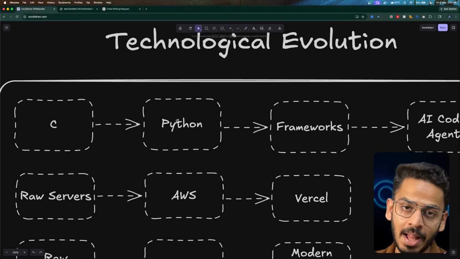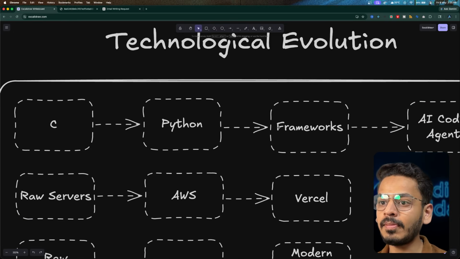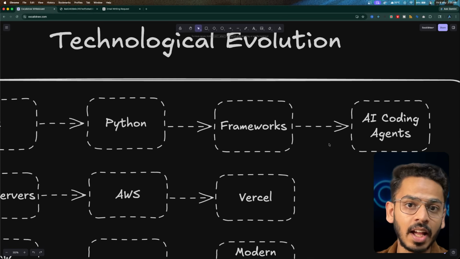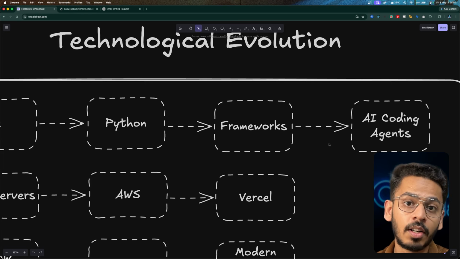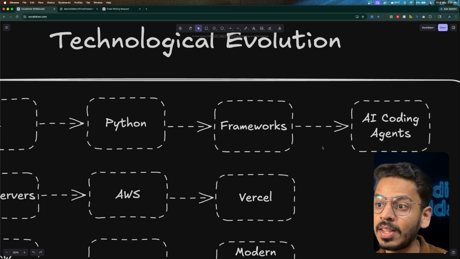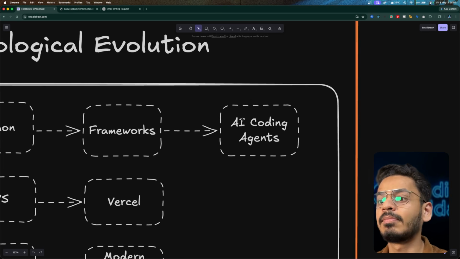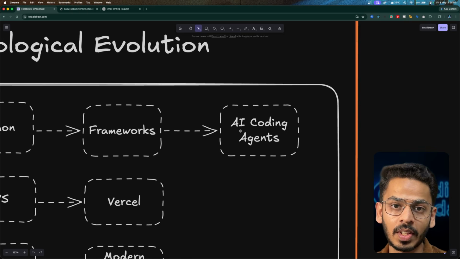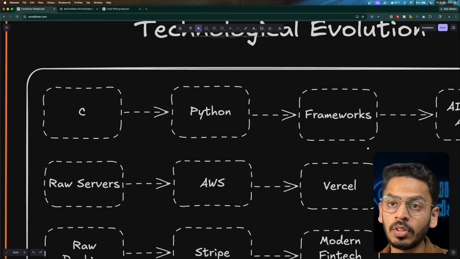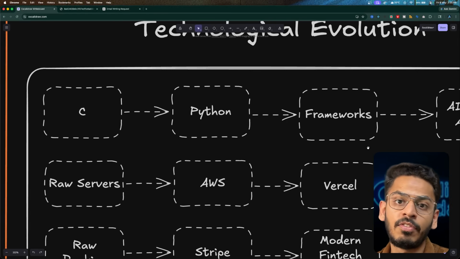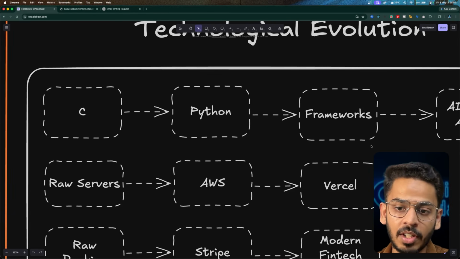Python was a wrapper on top of C programming. Then came frameworks like Django, FastAPI, and Uvicorn, which were on top of Python, which was a wrapper around C. And based on that, AI coding agents came. These are wrappers on top of frameworks like LangChain, LangSmith, LangGraph. So this is about programming frameworks like Python.